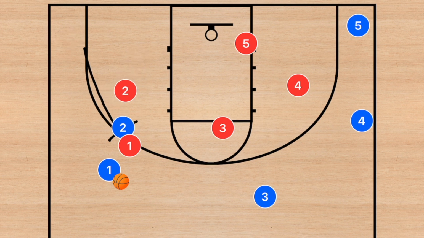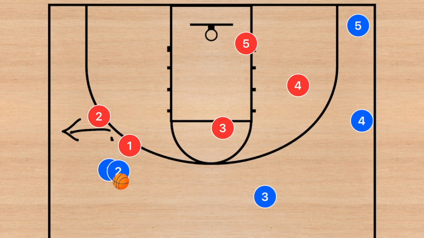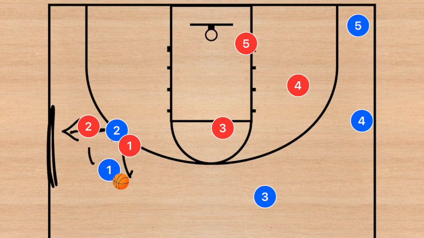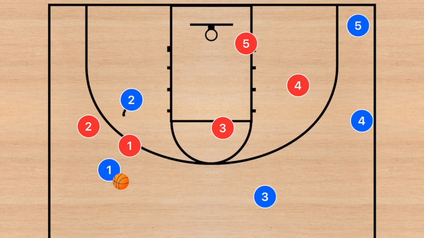Well, what's going to happen is, depending on what this defender is doing, if he's going to start playing a little bit higher, that mostly means that they're probably going to try and blitz or ice you. So then player 1 and 2 red are going to try and force you towards the sideline to try and trap you. If player 2 starts playing really high here so that player 1 doesn't have a clear path to use the screen, then player 2 blue needs to cut off and split away from that screen as fast as possible, and you need to send him a lob pass or a bounce pass so that he can get that ball,